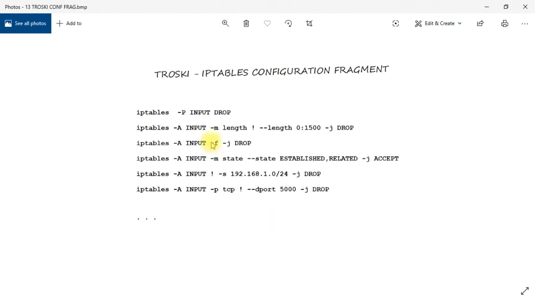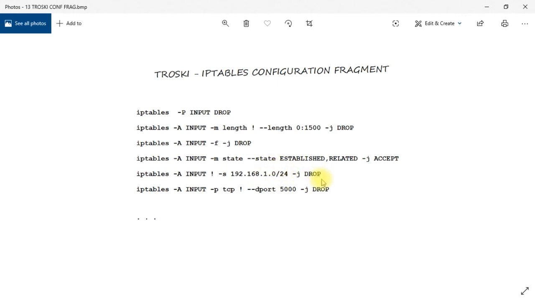Like you see, I've got here input chain and iptables from the first rule, from the previous configuration fragment, to the fifth rule, and there are also some next rules. On the first we've got default policy drop. On the fourth position we've got information that some traffic from 192.168.1.0/24, some from the base network, is disallowed.